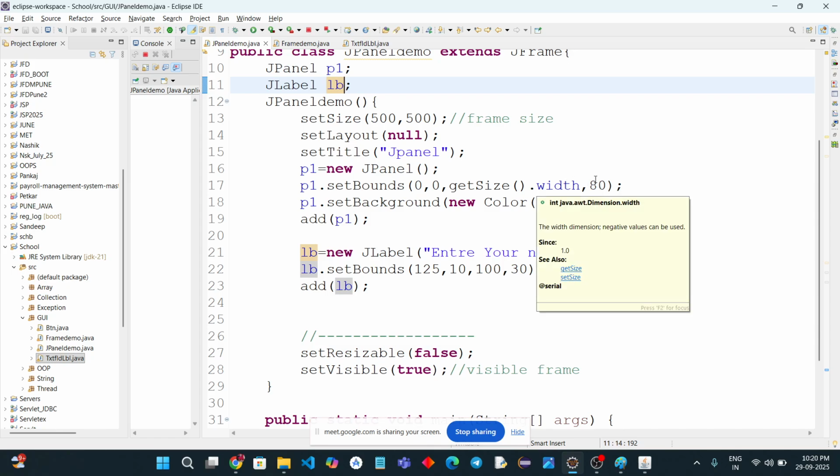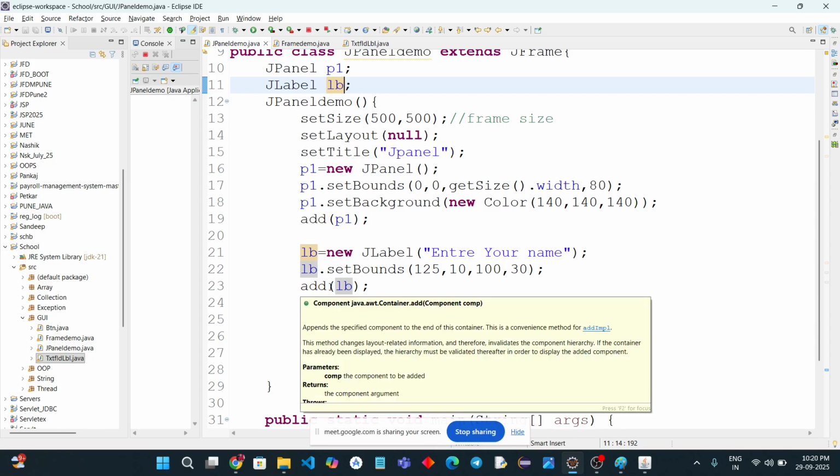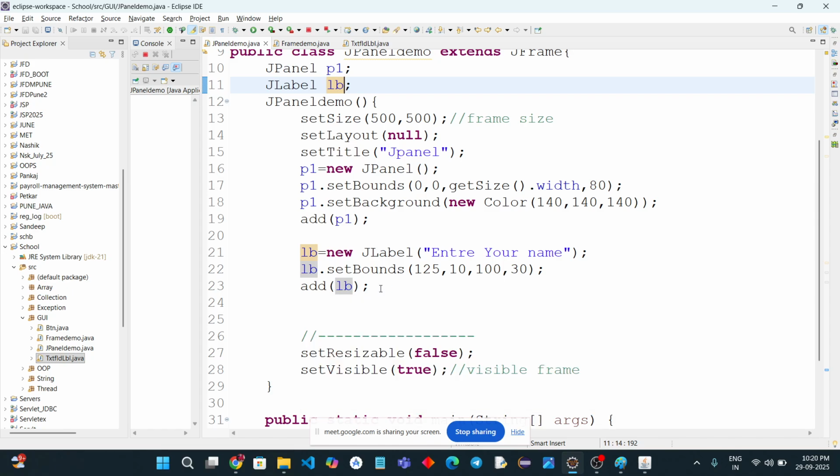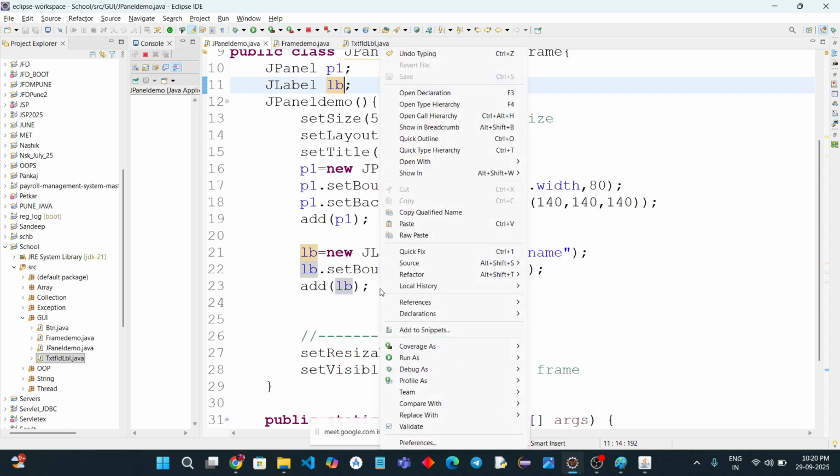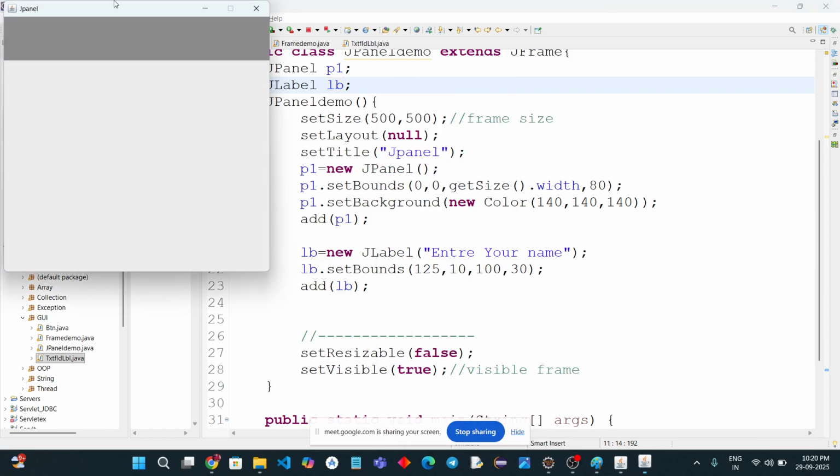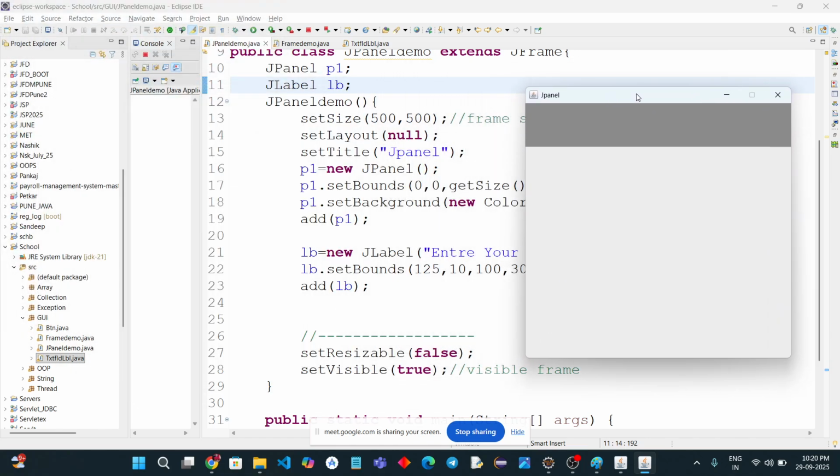Here the height is 80 and we are giving the label height as 30 itself. So now we are adding it to the frame directly with add dot LB. This will get added to the frame itself, but it will not be shown on our screen. This happens because it gets hidden behind this